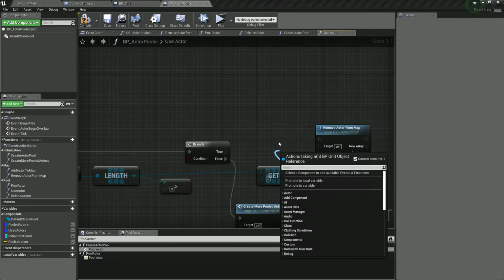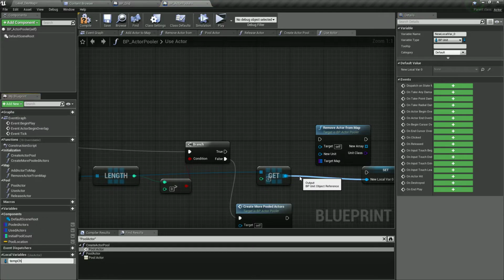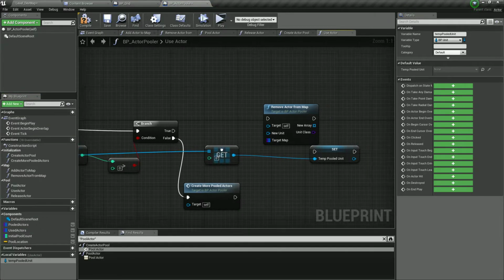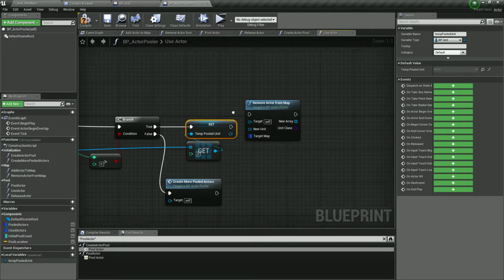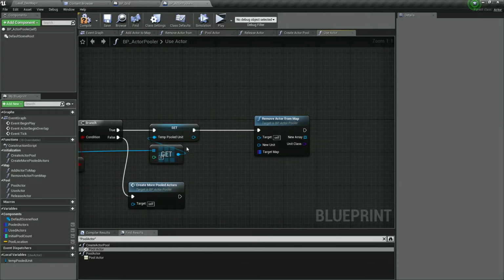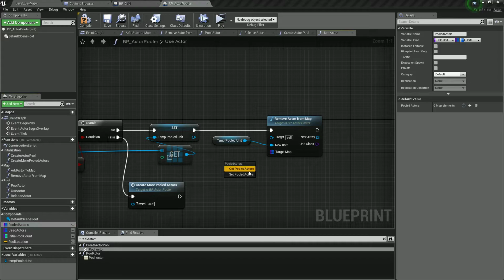Yep. Temp chosen, temp pooled units. Sorry. Like this, and we want to remove that unit from the pool of pooled actors,